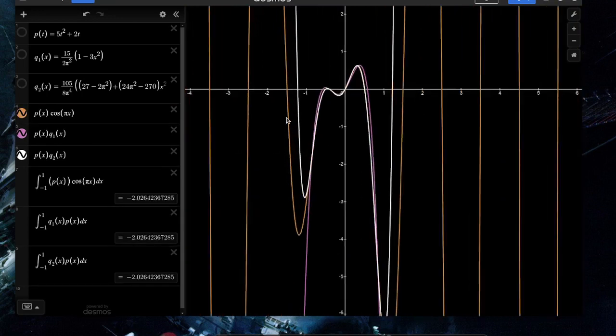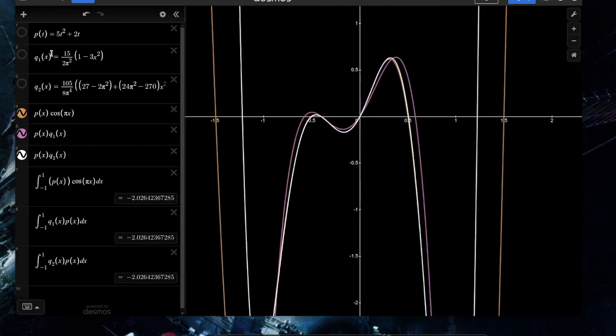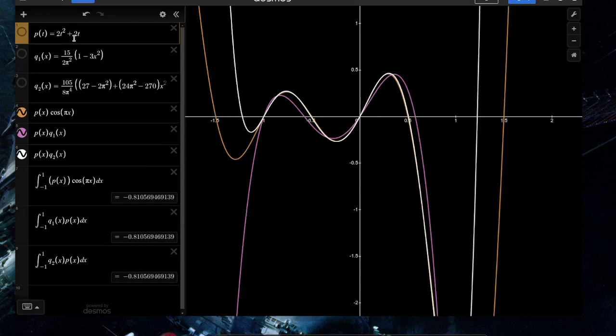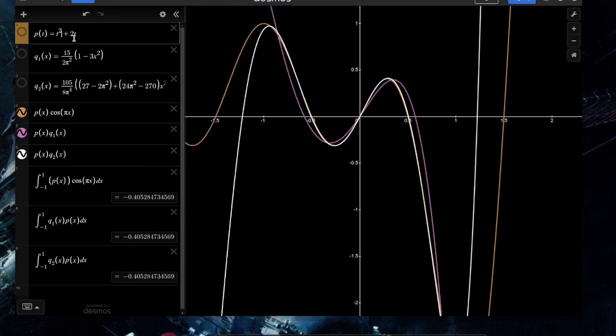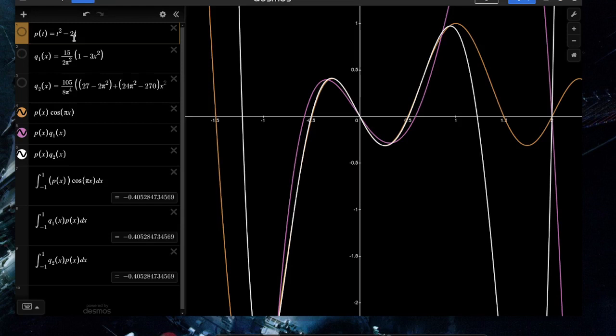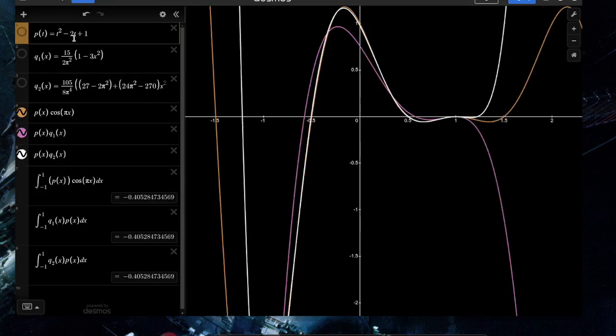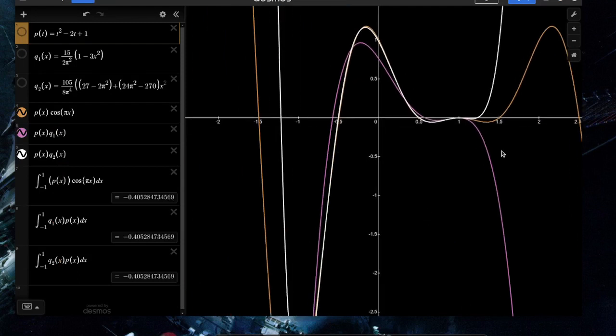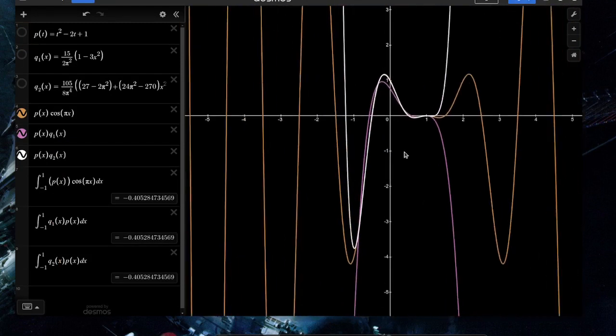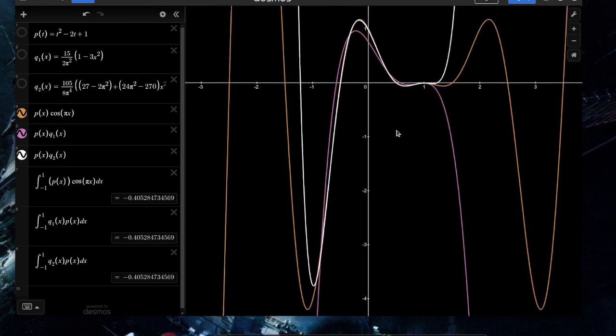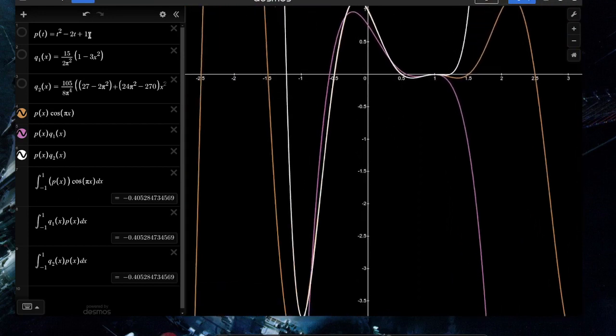Okay, so over the interval from -1 to 1, I think I made this guy pretty big. This guy does get kind of crazy between -1 and 1. But my whole point is just that, hey, look, you've got your p of x times cosine pi of x. That's the thing we actually want, in orange. If you do q1, you get this pink line, and if you do q2, you get this white line. And hey, would you look at that? You get exactly the same answer for every single one of these integrals,